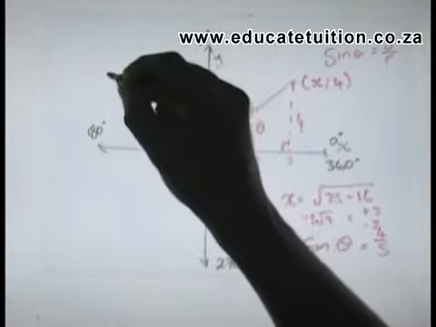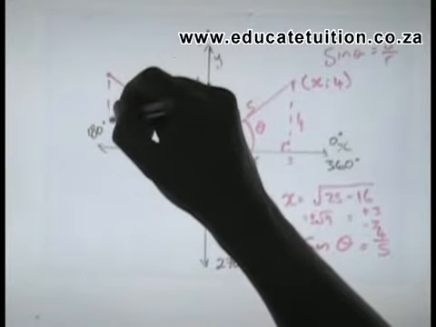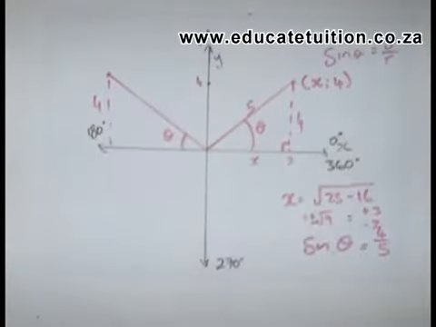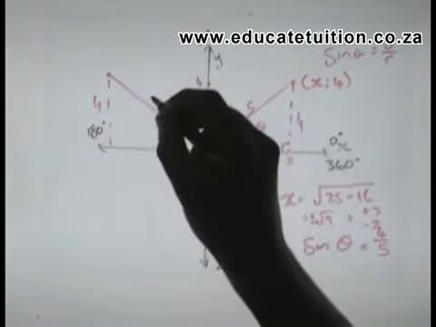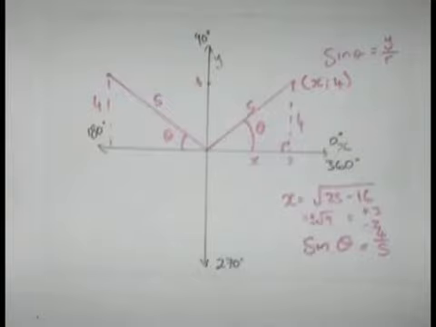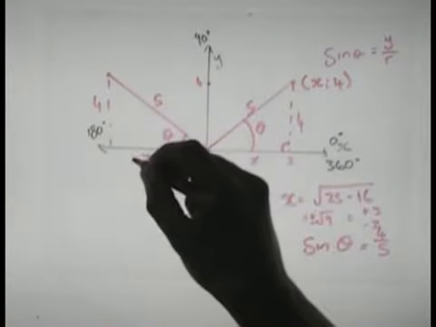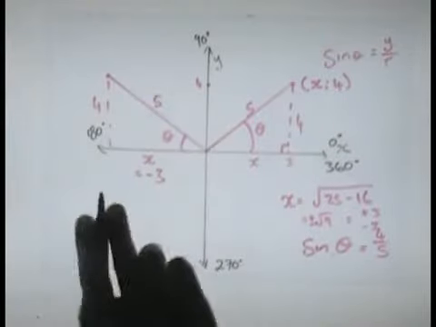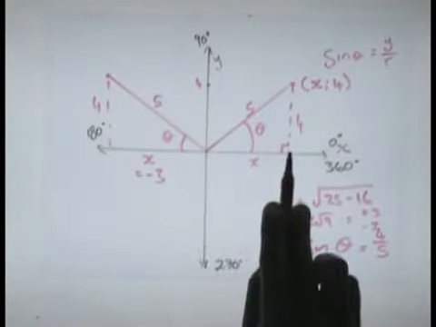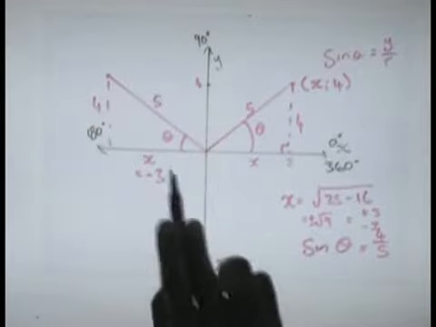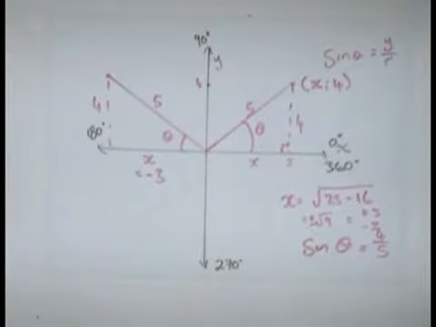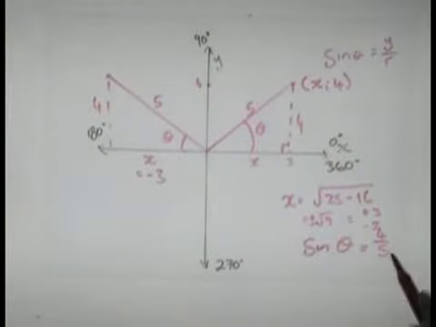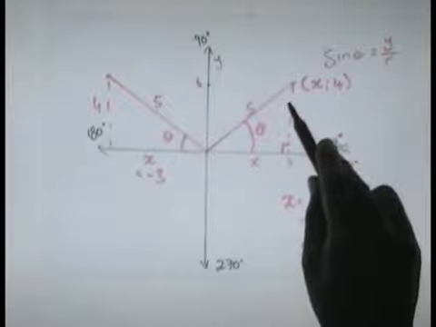That has a y value of positive 4, it's still theta, and its r is 5, but look at its x value. Its x value is going to be here, negative 3. Same distance there and there, except now it's negative. So to sketch this angle, sine theta is equal to 4 over 5, it could be either that angle or